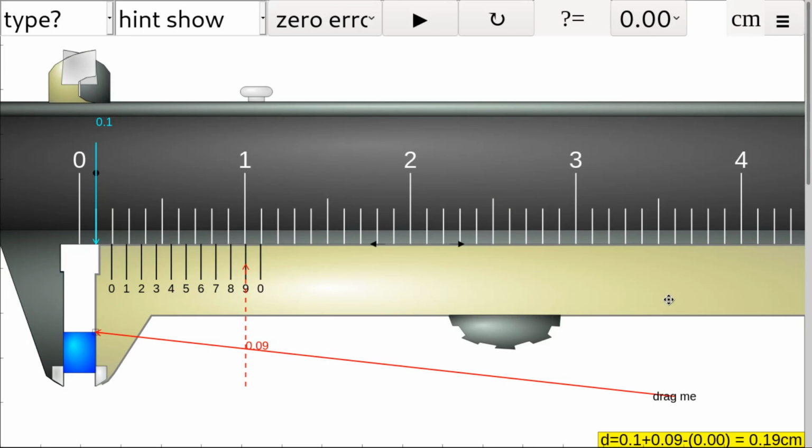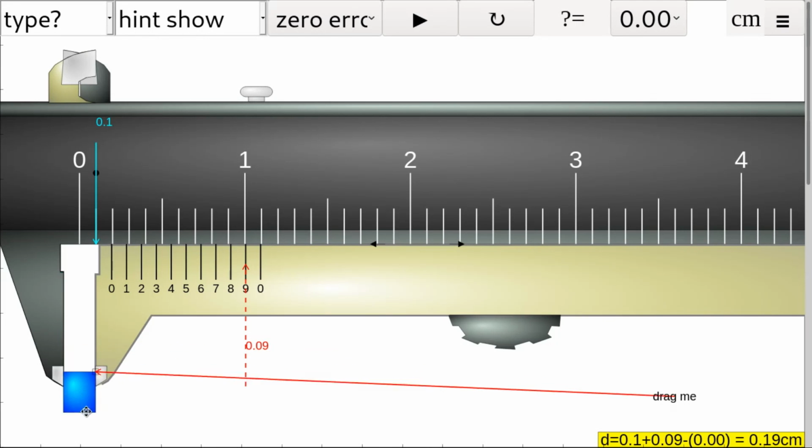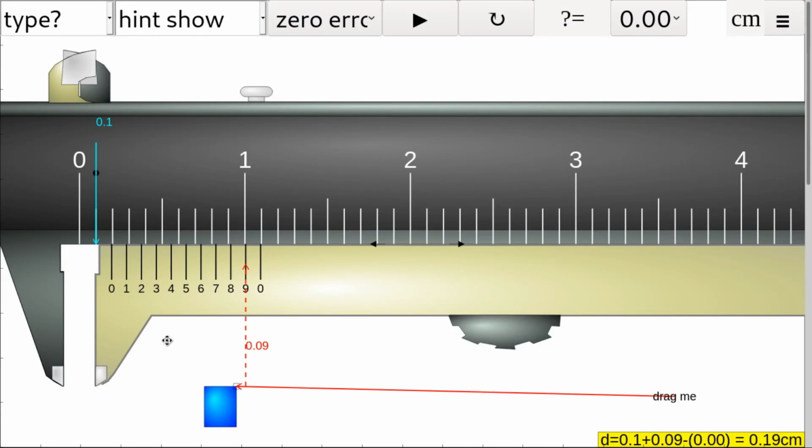Okay, now we will take one example for getting a correct picture of how to measure through this vernier scale. In this example I will measure the length of this device. Before measuring the length or any dimension of any part, first we have to check the vernier calipers.